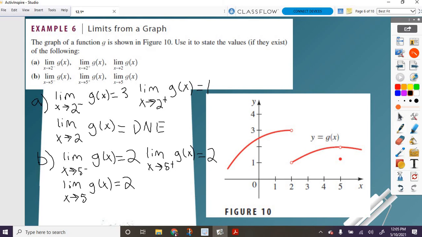Okay, but something to note. What does g of 5 equal? Or in other words, where is this point at 5 actually located? Where is the point at 5 located? Not 1,